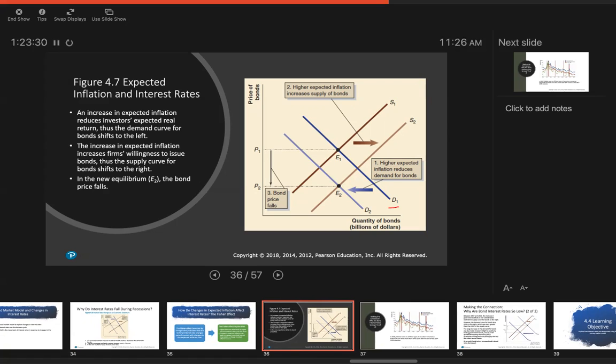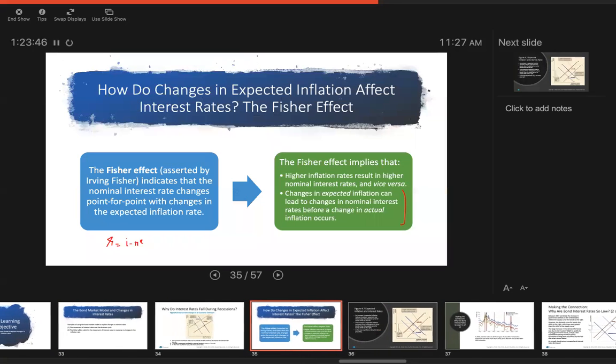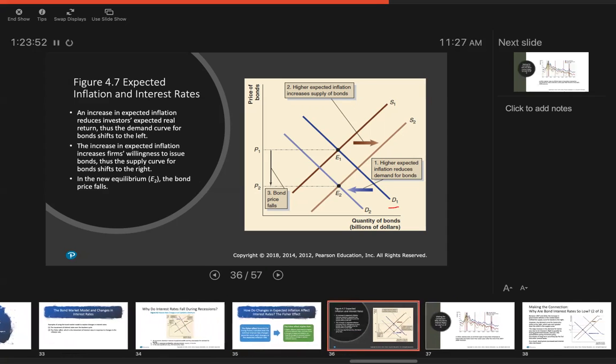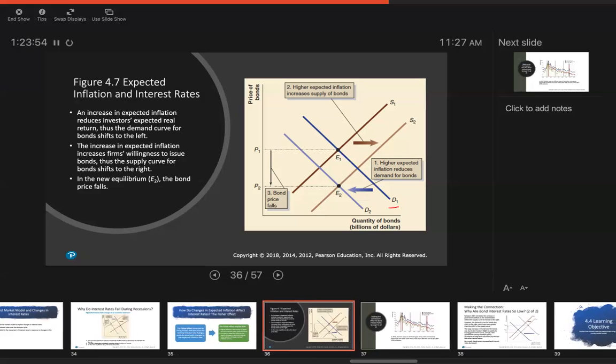there's again a double whammy effect. First, if you think about investors' rates of return, if inflation is higher than expected, then the real return that investors earn on these investments in bonds is going down, right? Because if π^e here is going up and I doesn't change, then R is coming down, which means that these bonds become less attractive to investors, and that means that you see a leftward shift in the demand